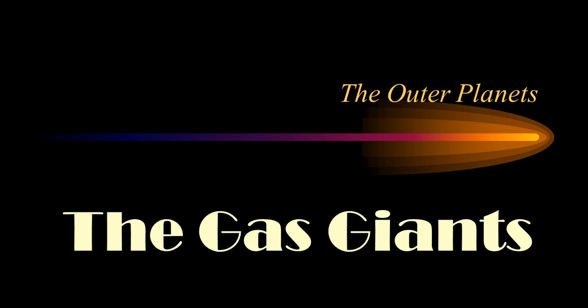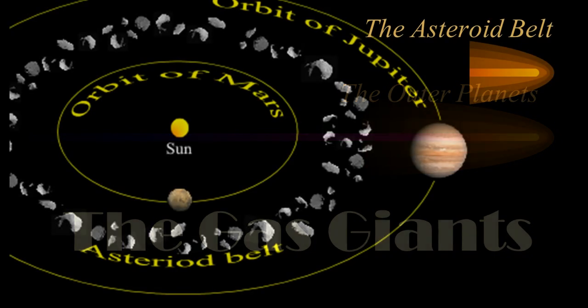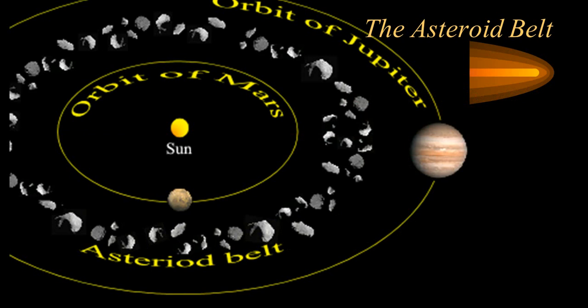All right, so here we are. We're looking at the outer planets now. They're very exciting, very different from the terrestrial planets that we looked at last week. These are known as the gas giants. As you recall, we have our sun and the terrestrial planets inside there to Mars, and after Mars is the asteroid belt. And remember when we talked about the asteroid belt, we considered the idea that the reason the asteroid belt is even there was because of the strong gravitational pull of Jupiter, that it didn't allow a planet to form, or it caused a planet to break up, or we're not exactly sure.